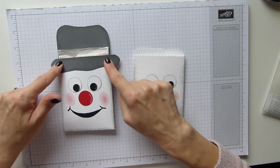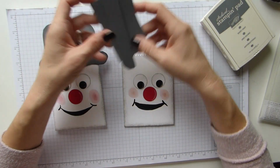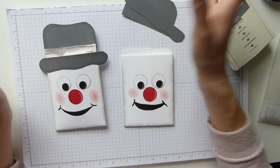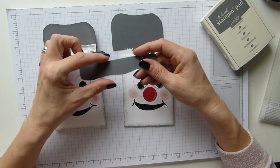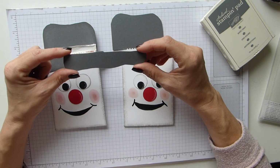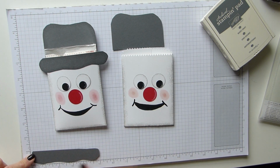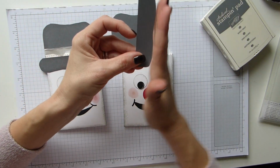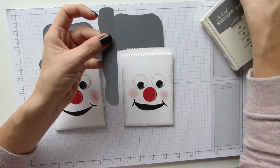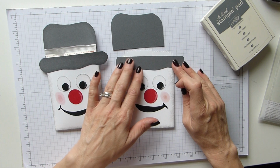So all that's left is his hat. Now again, this was something that I just did by eye. There was no way I was trying to cut, and oh, it was just a nightmare. So I got some basic grey, and this is 5 inches in length, and I think it was an inch thick. Yes, so an inch thick, 5 inches in length, and then I just literally cut a bit of a wavy line, rounded off the edges again just with the scissors,